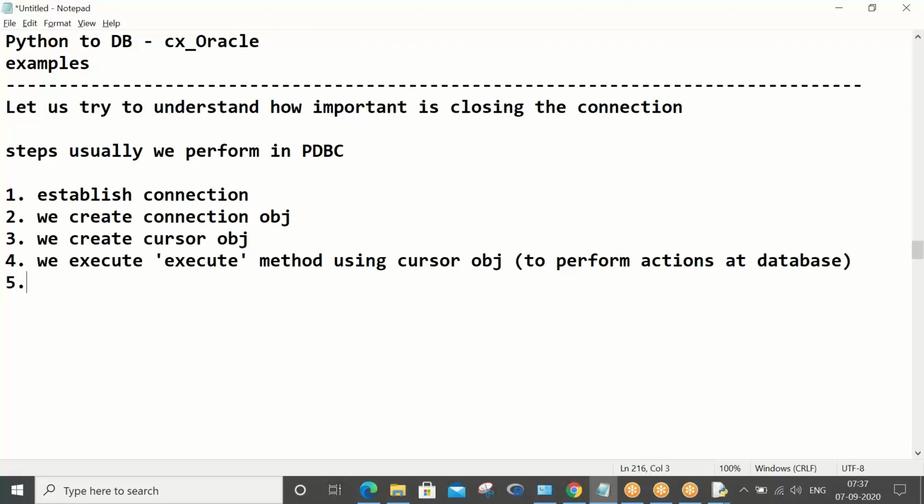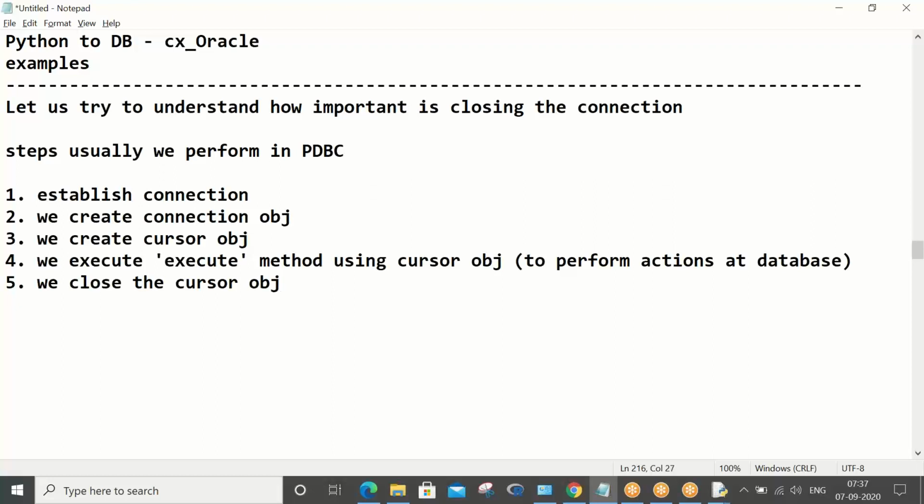Next, we close the cursor object. Cursor object closing is not connection closing.